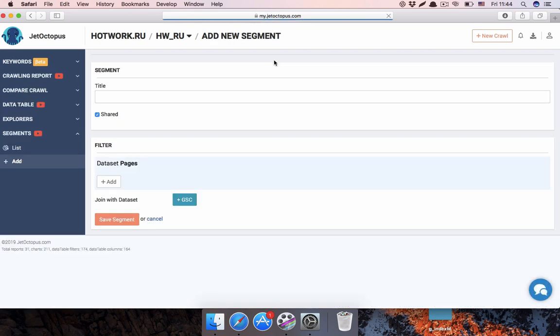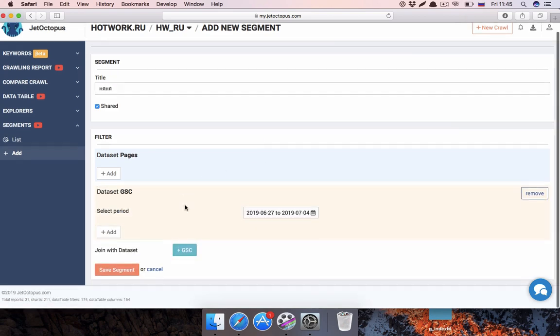Also, we can add a segment with the concrete query you're interested in, because there is usually a percentage of active queries that bring you most of the traffic, and you want to watch them from day to day and keep an eye on them. You want to have this segment because segments help you to watch the data without any restoring it. It takes no time. Let's say you put the name of this segment,